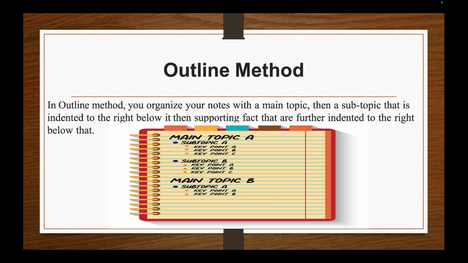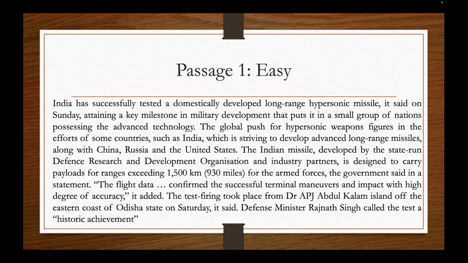So the next method we are going to discuss, dear students, is outline method. Now, this is the most common method that you might have come across even while studying in your school. In outline method, you organize your notes with a main topic, then a subtopic that is indented to the right below it, then supporting facts that are further indented to the right below that. Now you can take a pictorial representation of how outline method would work. Now let's see passage. Now again, passage 1